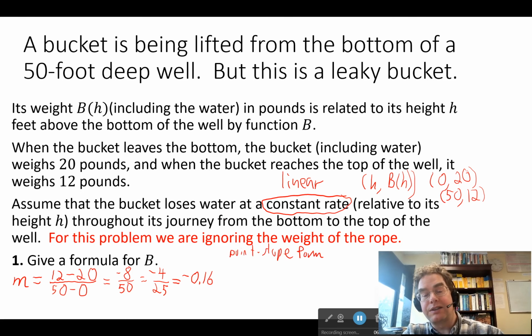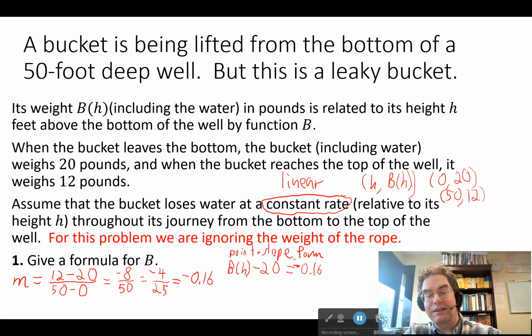For the equation of this line, we're going to want to write it as functions typically are at the end of the day. So what we're going to have here then is change in our y's, so that'll be b of h minus, we can pick any one of the points here. I'm going to pick 0, 20 because it's got a 0 in it. And that is going to equal slope,